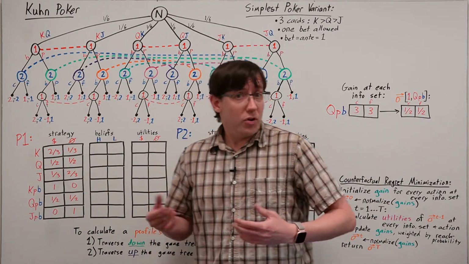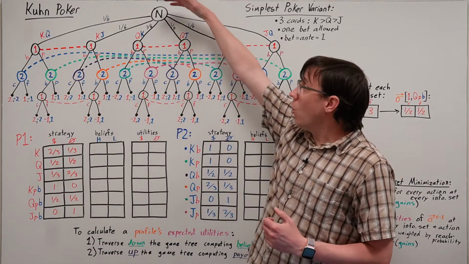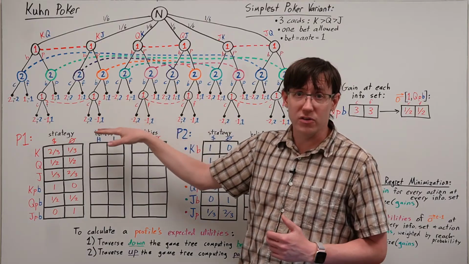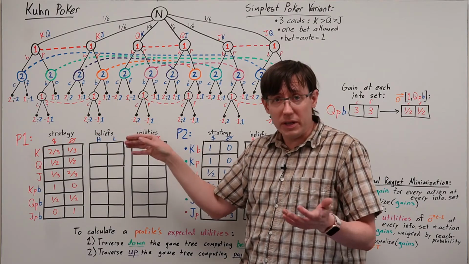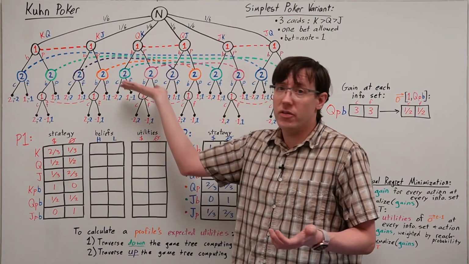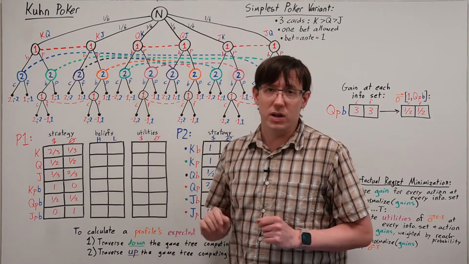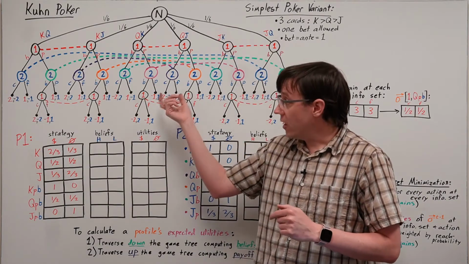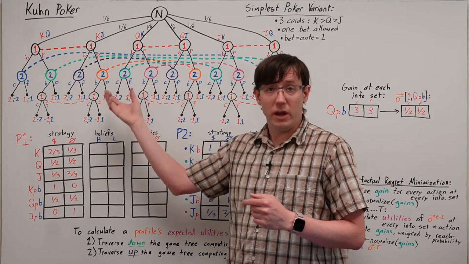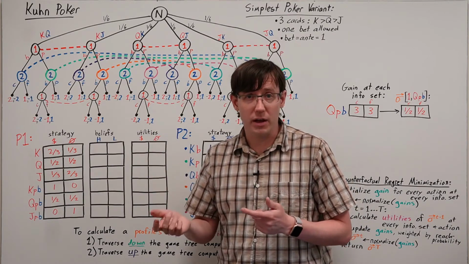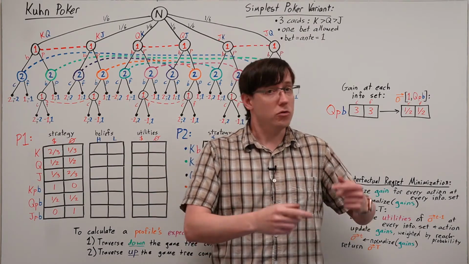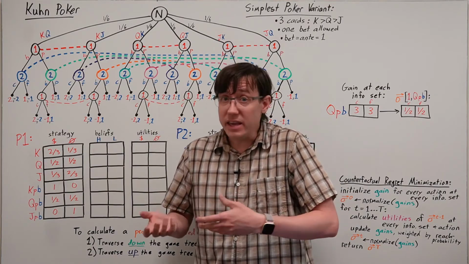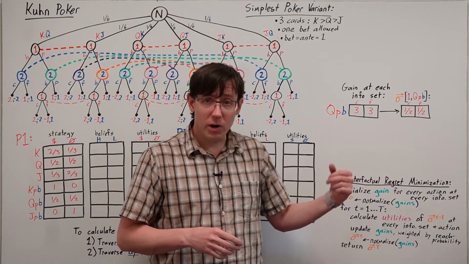And as we know, the procedure to do that is to first walk down the game tree computing beliefs at every information set, and then once we have the beliefs, we can walk back up the game tree computing expected utilities. And that same procedure of calculating expected utilities for each action at each information set, which we used last time to check whether a profile was an equilibrium, will now be a key step in our counterfactual regret algorithm